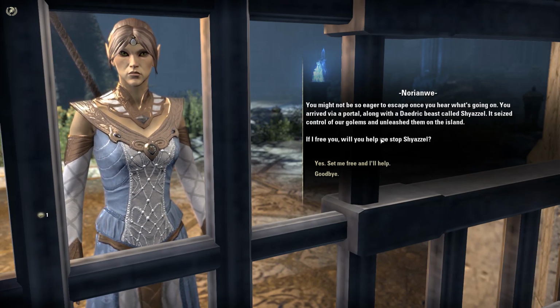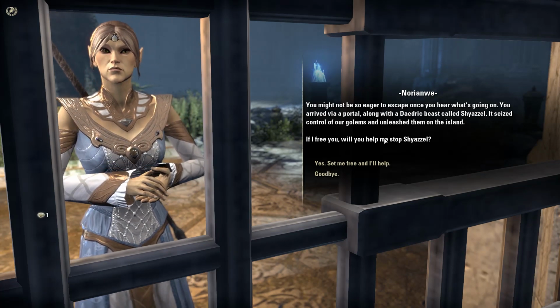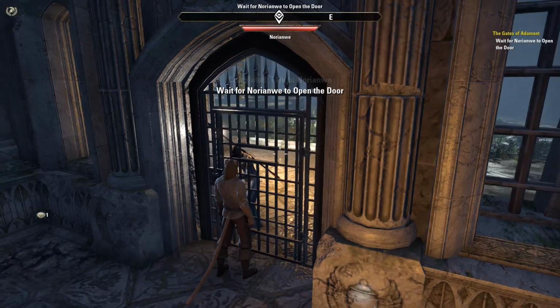That's pretty much it. You somehow arrived on this isle with a Daedric harvester called Ce-Nex, and you basically have to learn the ropes, and that's pretty much it. And we'll go over